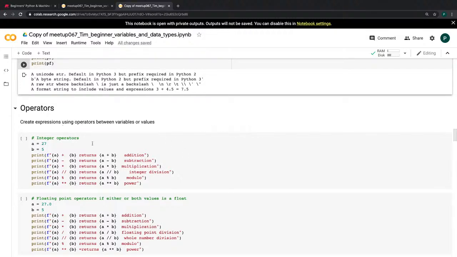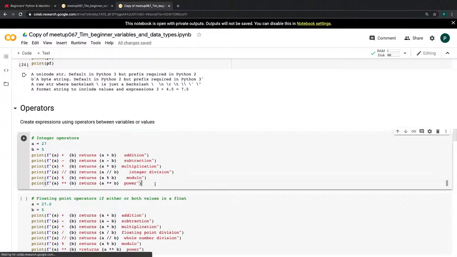Operators. We can create expressions using operators between variables or values, so it's good to know what the different operators do. Some of them are very obvious. So plus, for example, is obviously addition. So why don't I just run this? And I've used format strings throughout. If you're having trouble understanding the format strings,